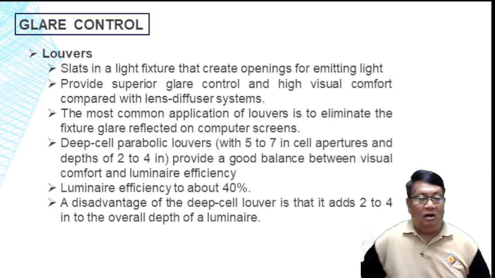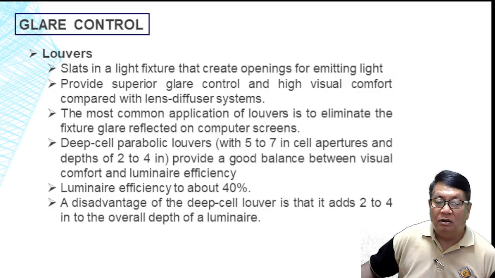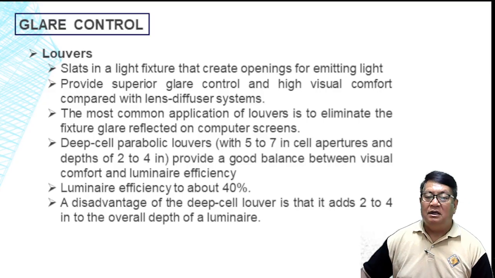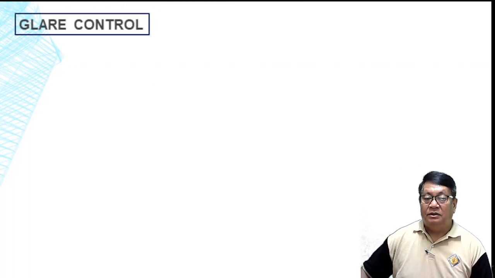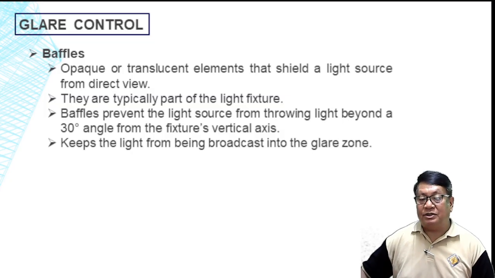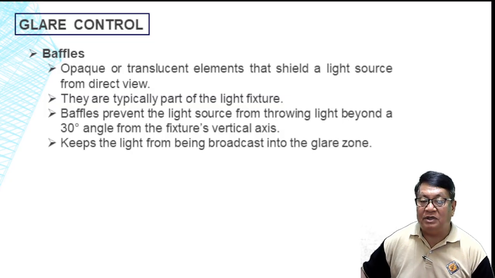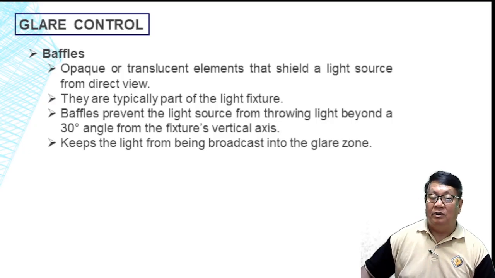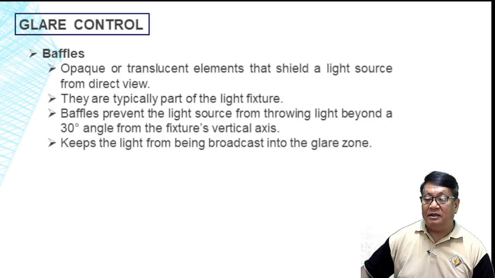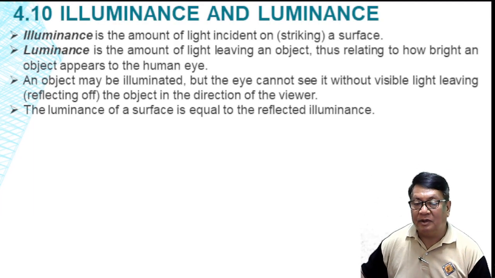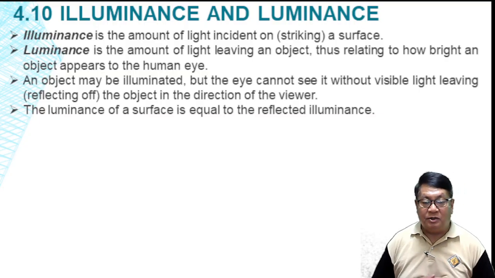So then also the louvers. Okay, so these are slots in a light fixture that create openings for emitting light or light-emitting diodes. Okay, so we have baffles, no? Opaque or translucent elements that shield a light source from direct view, typically part of the light fixture, and so on and so forth. Okay, so let us proceed to